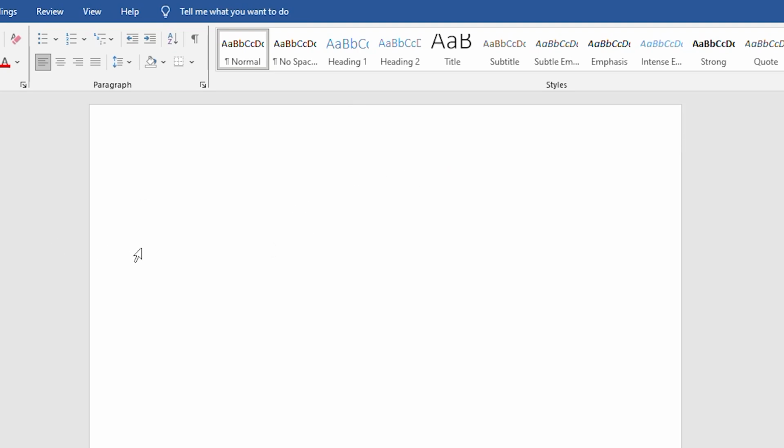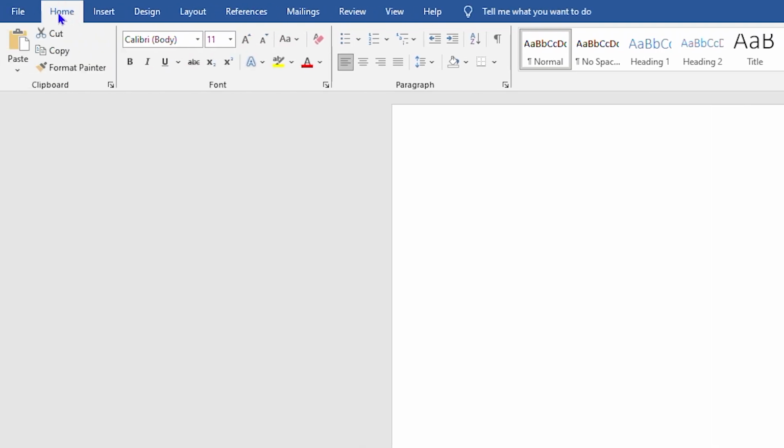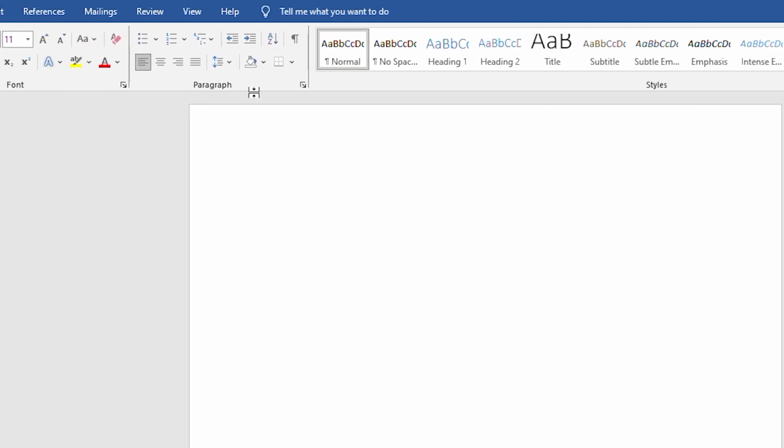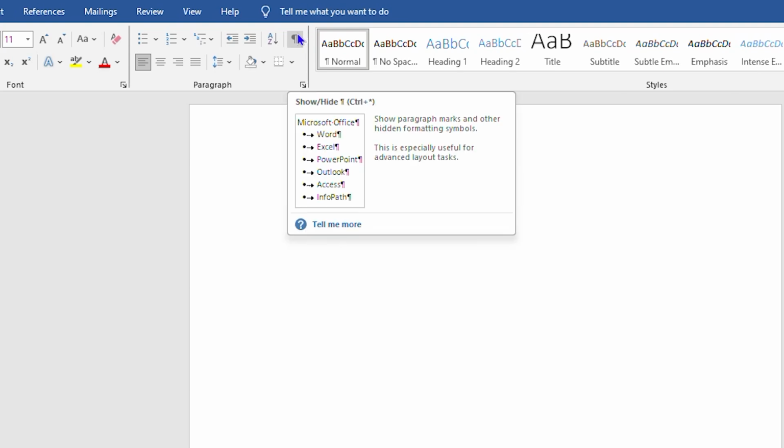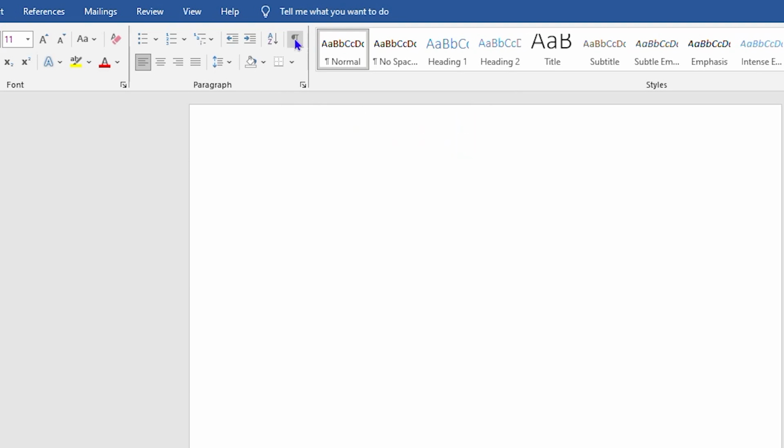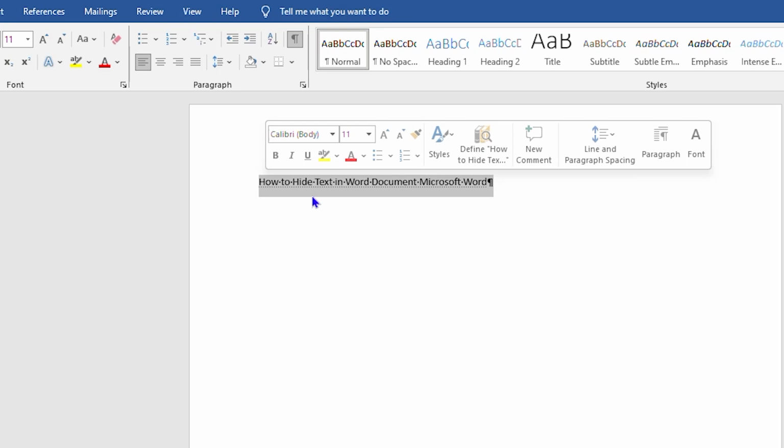In order to find it, ensure that you click on the home tab, and right under the paragraph section you will find the show and hide option. So once you click on that, if you click on this little button here, it will show the text that you hide, right? But if you want to unhide that text permanently, you just simply need to go to the